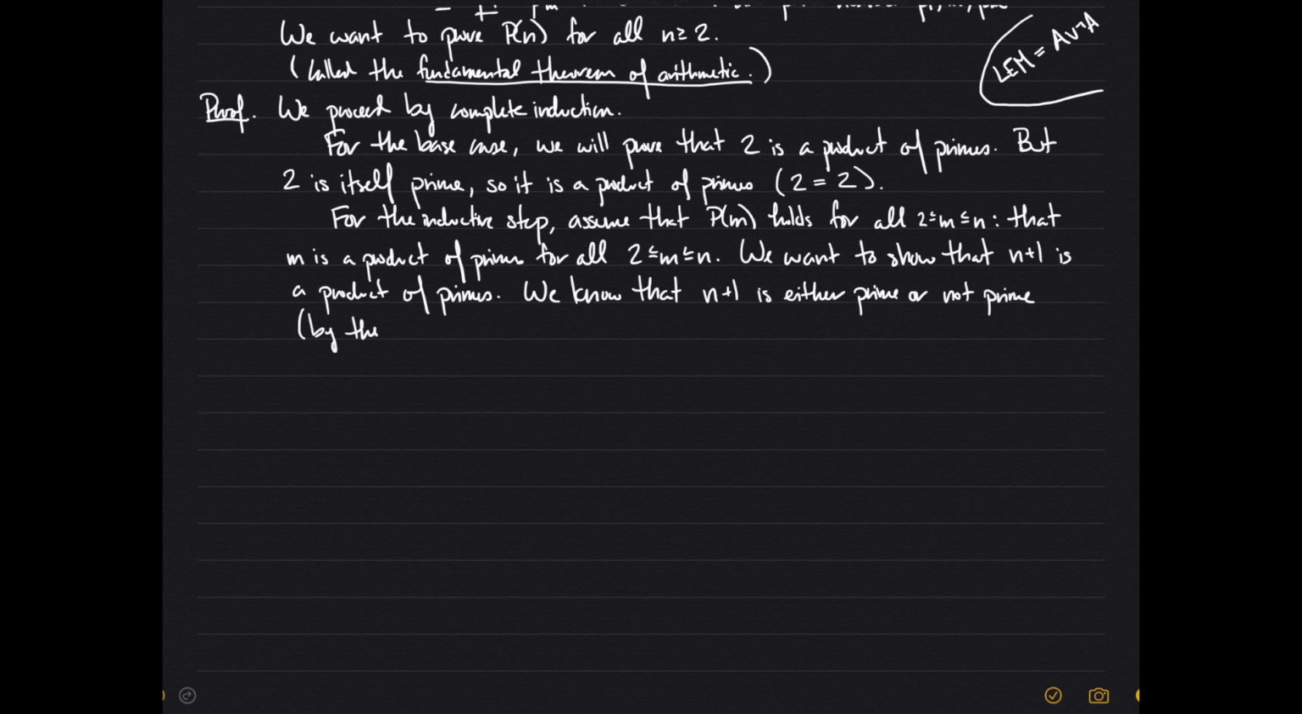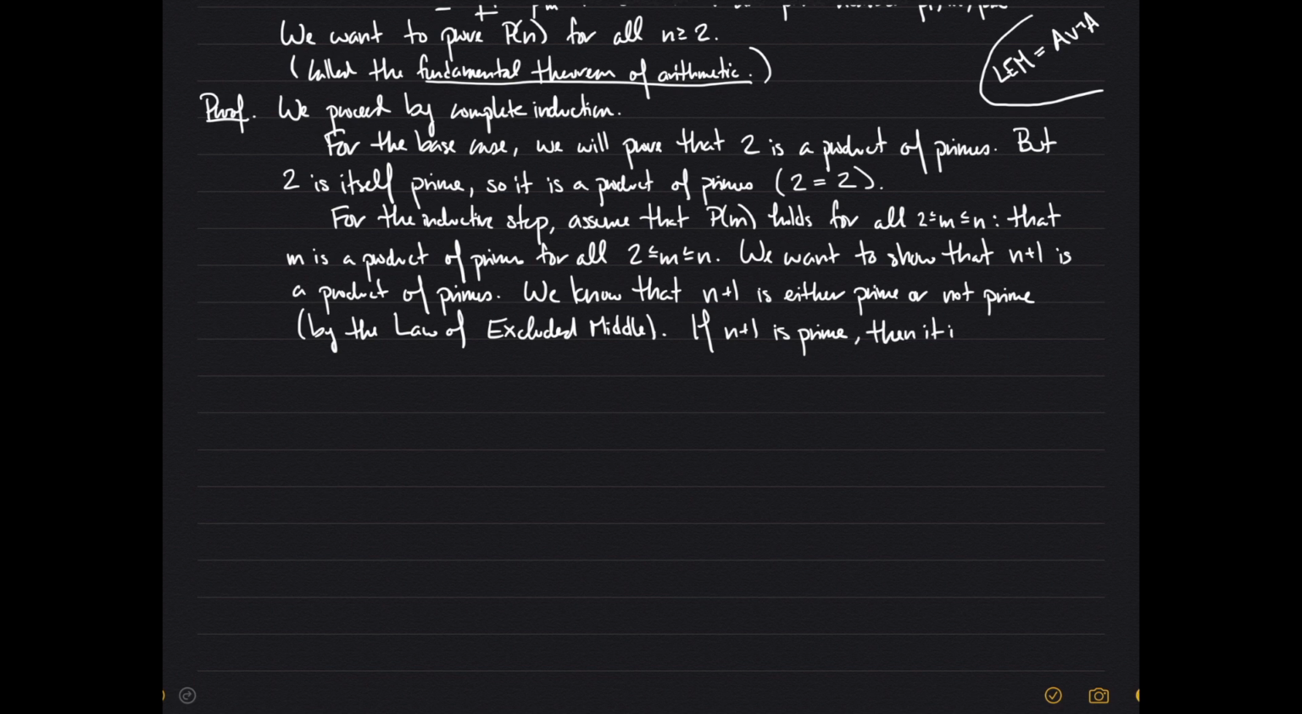So this is by the law of excluded middle. And now we can use this to do a proof by cases, one case where n plus 1 is prime and one case where n plus 1 isn't prime. Okay, so let's say if n plus 1 is prime, so this is the first case,